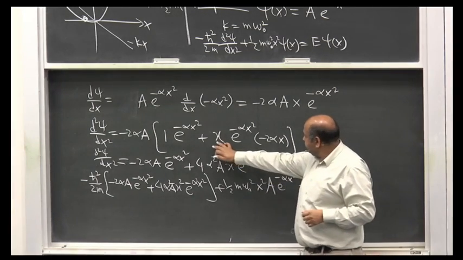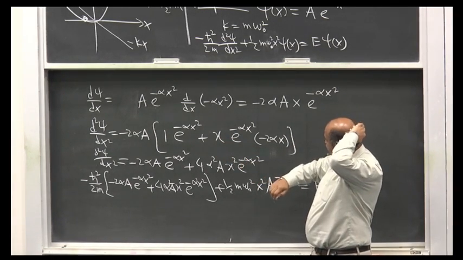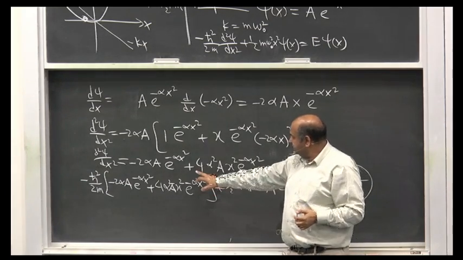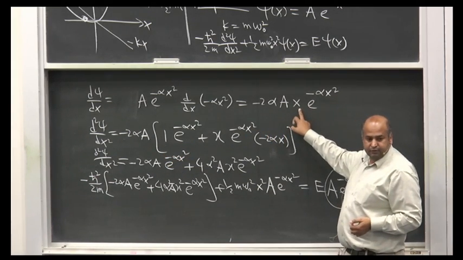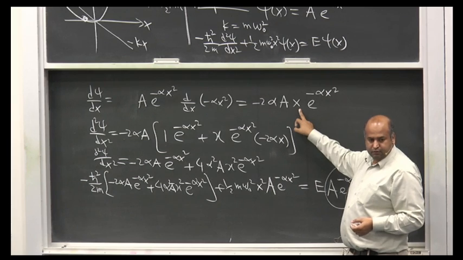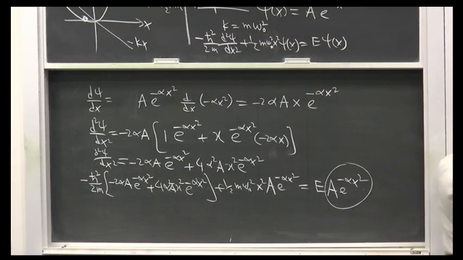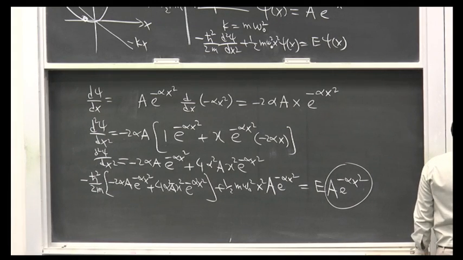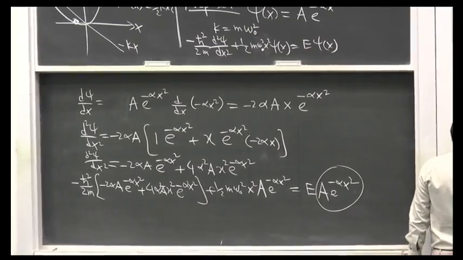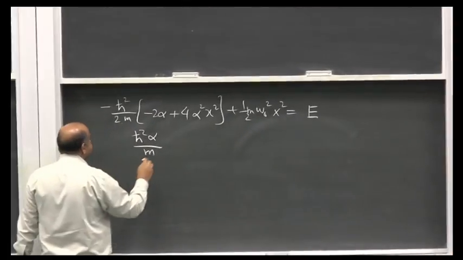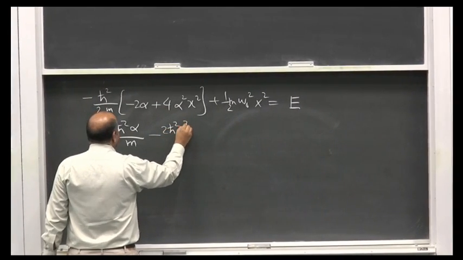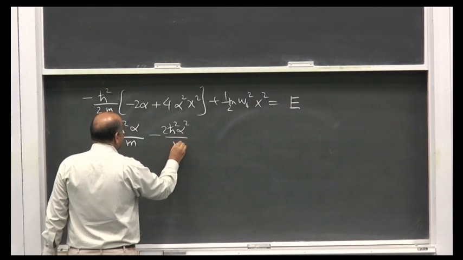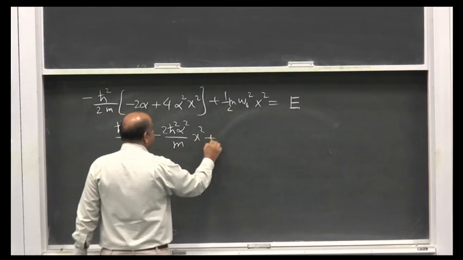ये प्लस कैसे आ गए? कौन सा प्लस? ये 1 कहां से आया? x का डेरिवेटिव 1 है, ठीक है. सो यहां से इसको मल्टीप्लाई कर देते, आ गया माइनस माइनस प्लस h का स्क्वायर अल्फा ओवर m, ये 2 से कैंसिल हो गया। फिर जब इससे मल्टीप्लाई होगा माइनस h का स्क्वायर 2 अल्फा स्क्वायर ओवर m x स्क्वायर प्लस हाफ।